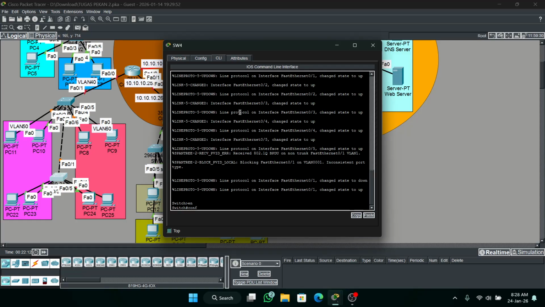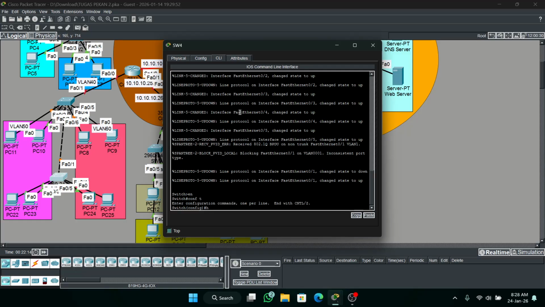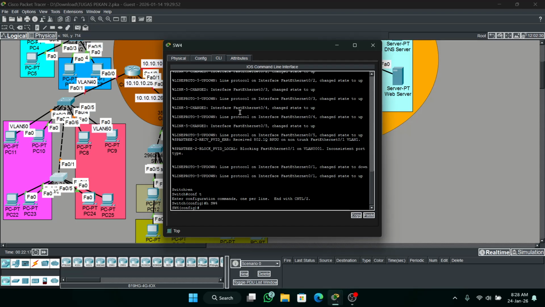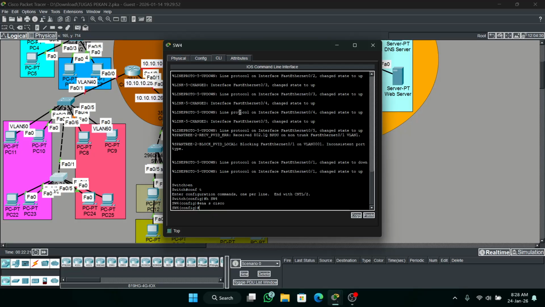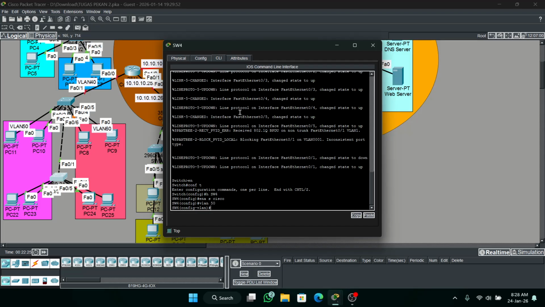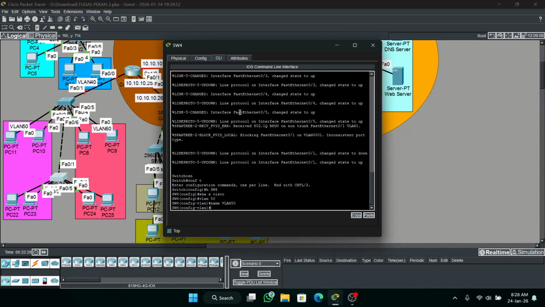Next go to switch 4: enable, configure terminal, change the hostname, enable secret cisco, then make the VLANs, VLAN 50 then VLAN 60.